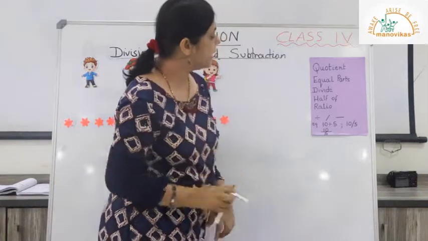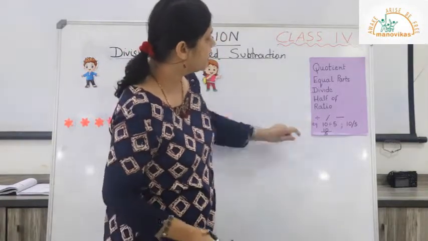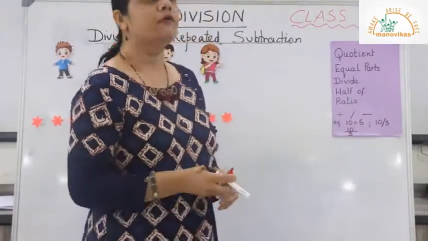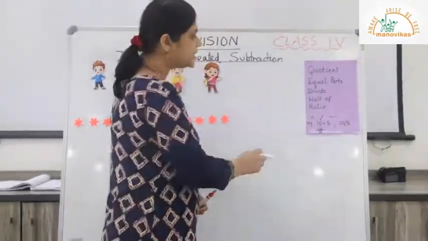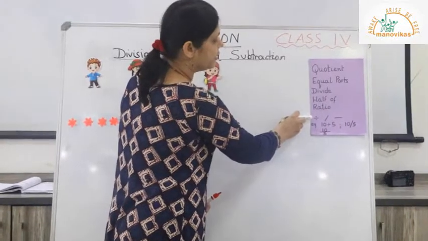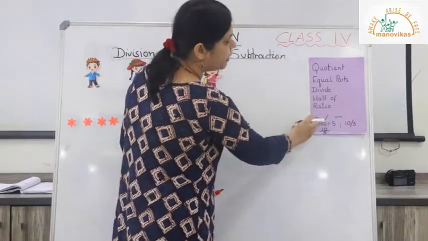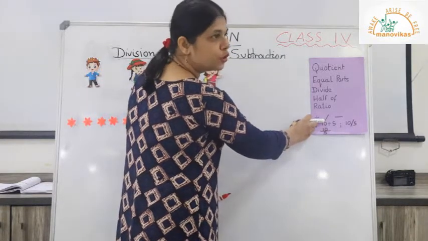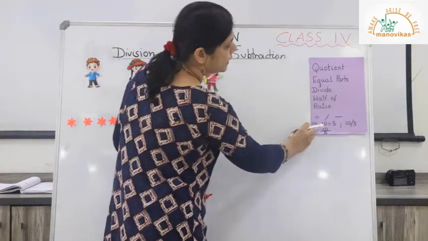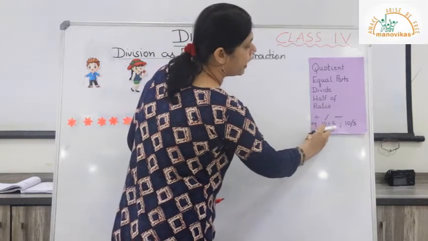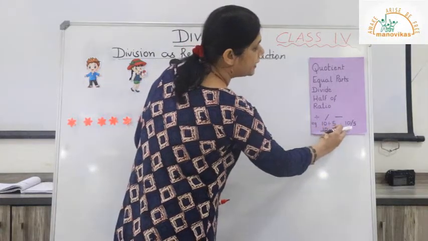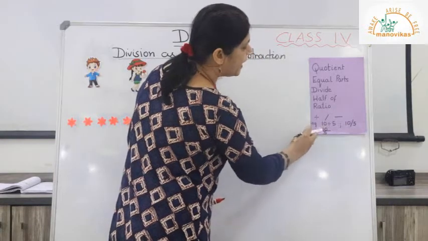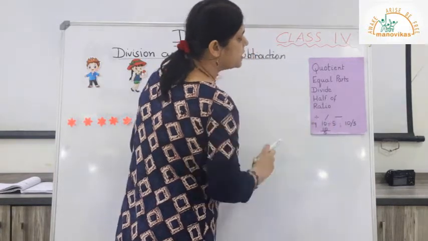Now, can you see the signs over here? These are the symbols or the signs which are used for division. Now this sign is commonly used for division. This sign will be seen on the keyboard of your computer. I will show you how they look like. 10 divided by 5. Now I have used this sign here. 10 divided by 5. I have used this sign.